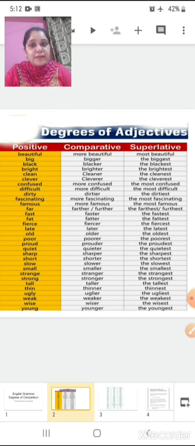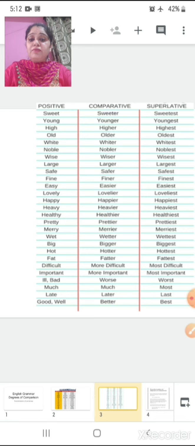This is chapter number 1, B part of degrees of comparison, page number 7 in your grammar textbooks. Children, one more thing. When we are talking about positive, comparative, and superlative degrees of adjectives, why? If we are not comparing any object to any other object, the positive degree is used. Now, for example,